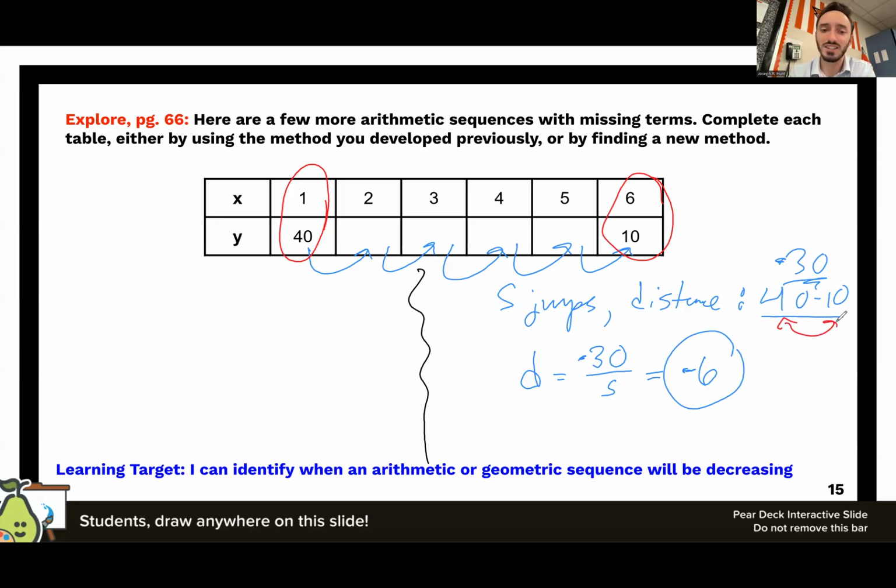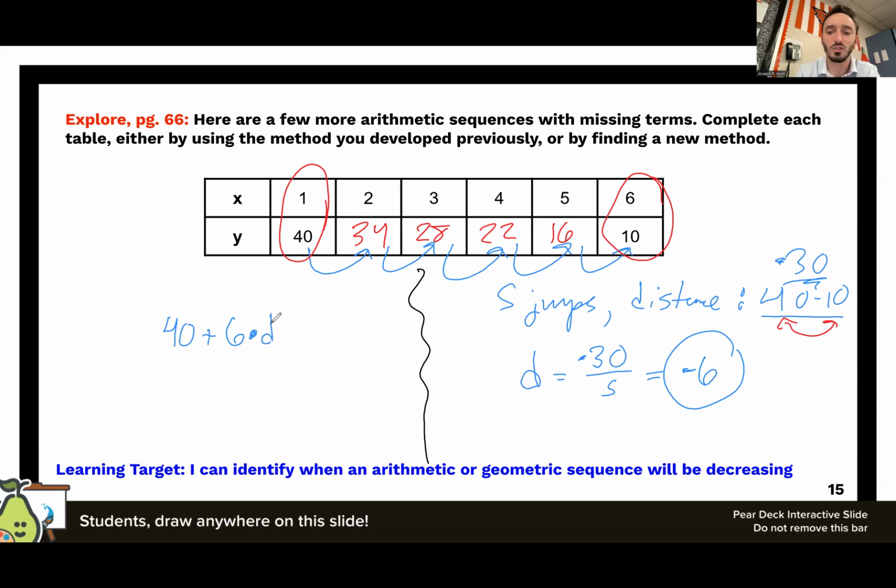So 40 minus 6, that gets me like 34. 34 minus 6 gets me 28. 28 minus 6 gets me 22. 22 minus 6 gets me 16. And then 16 minus 6 gets me 10. So that worked. A different way, if I'm thinking maybe more algebraically, is to say that 40 plus 6 of